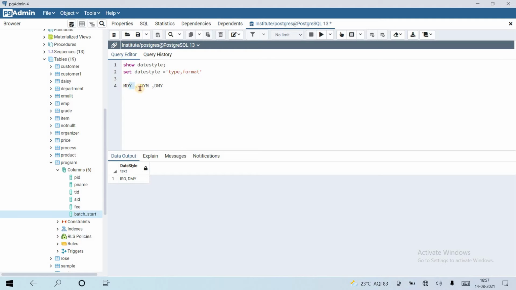Year is at last, year is in the middle, or year is at last with day and month exchanged. There are many formats. Now we can set our date style to something else. Let's copy it first so that we can revert it back.